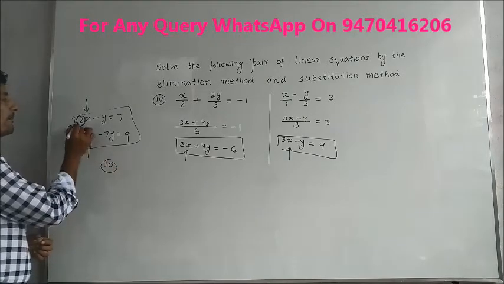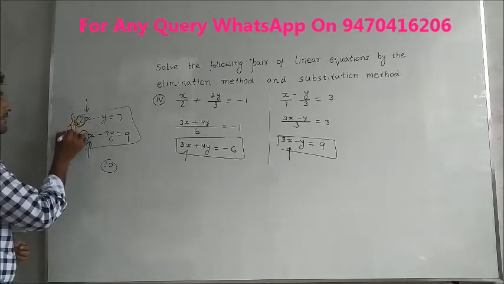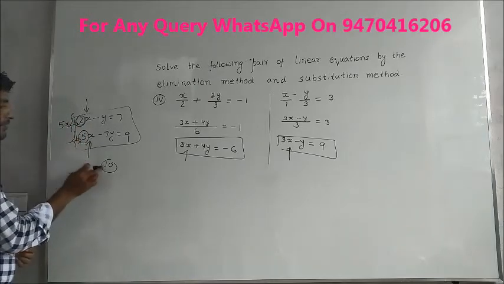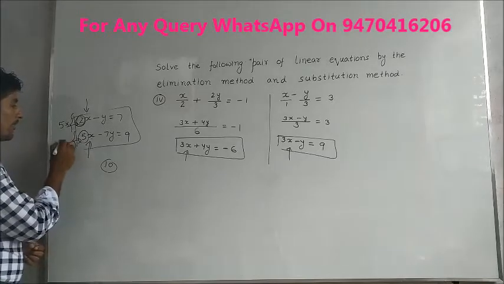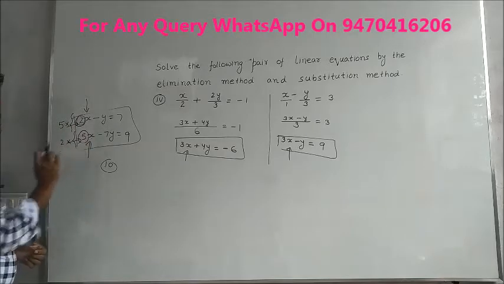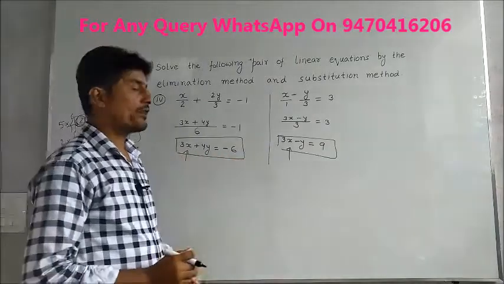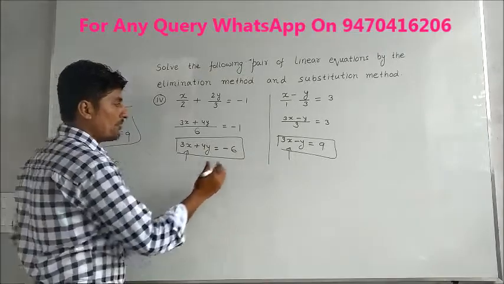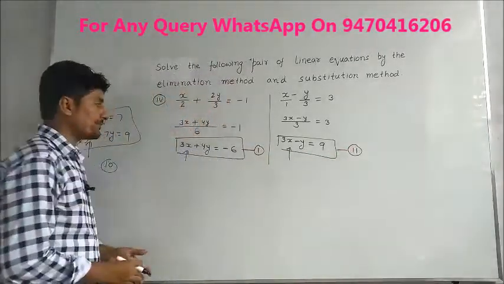Now divide 10 by 2, then we get 5. So this whole equation will be multiplied by 5. In the second equation, divide 10 by 5, we will get 2. Now multiply this whole equation by 2. So 5 2s are 10x, 2 5s are 10x. Both will be equal. But here in this question, it is already equal. The coefficient of x is already equal. So this can be equation number 1, this can be equation number 2.